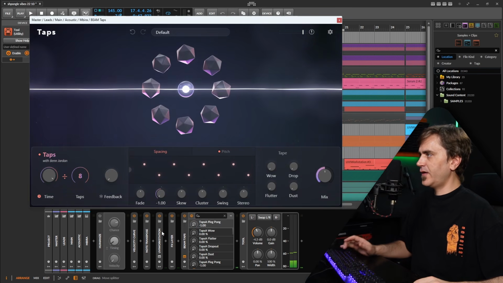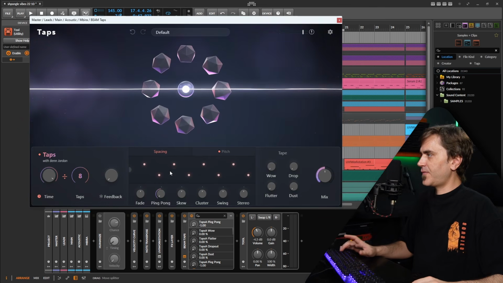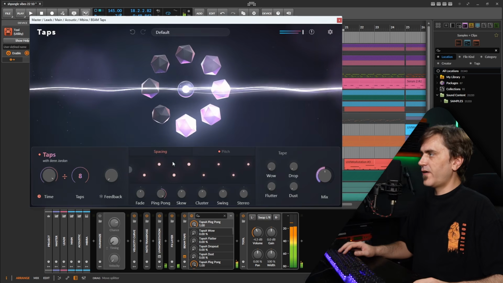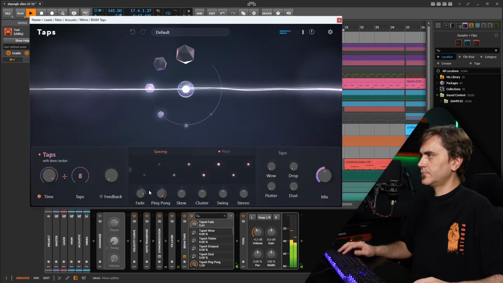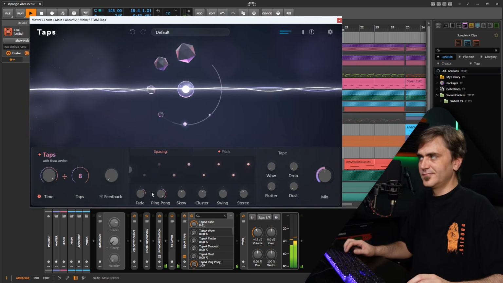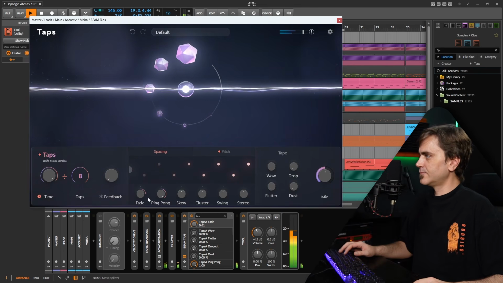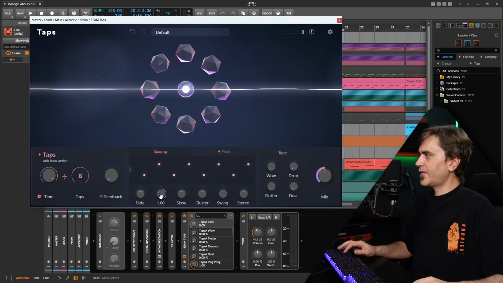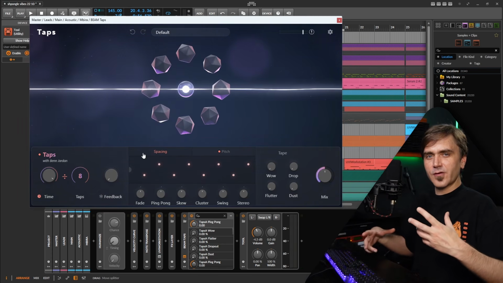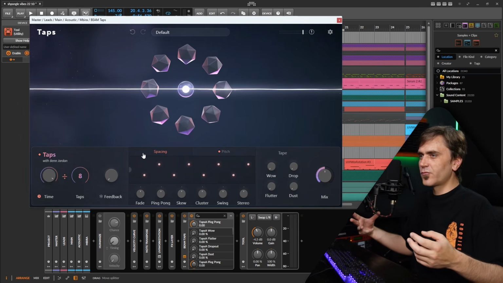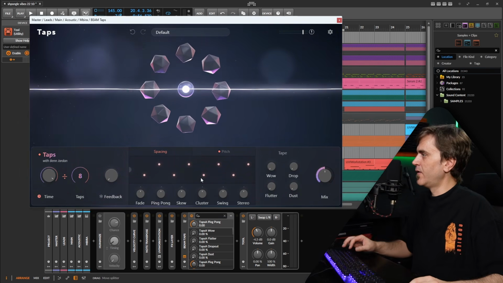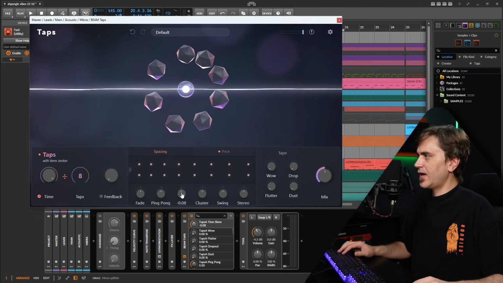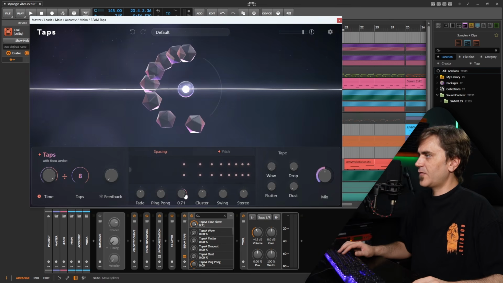And then ping pong obviously pans each of the taps either left and then right, or vice versa. Even just simple stuff like that, it's really easy to play with to create these more experimental rhythms that maybe you wouldn't have just come up with. Super inspiring. So then we have cluster and skew, which are kind of similar, except skew bends it exponentially,